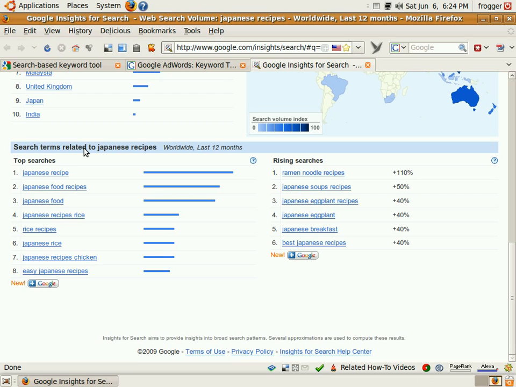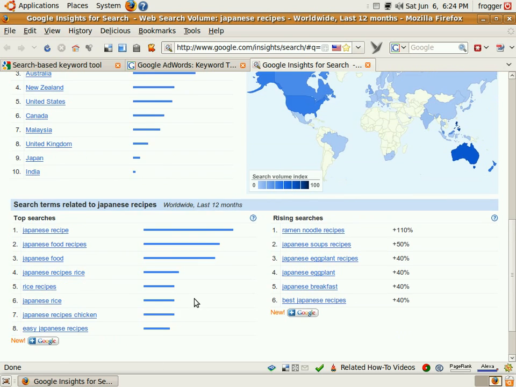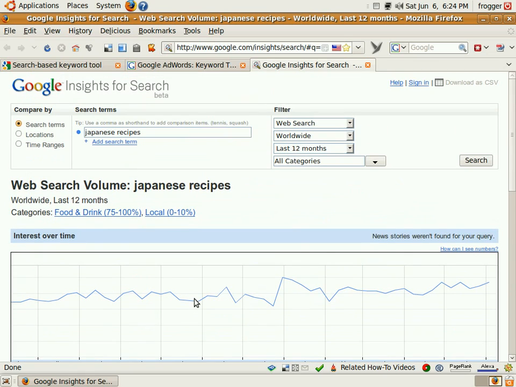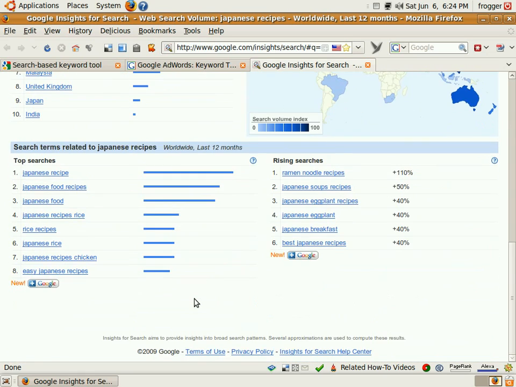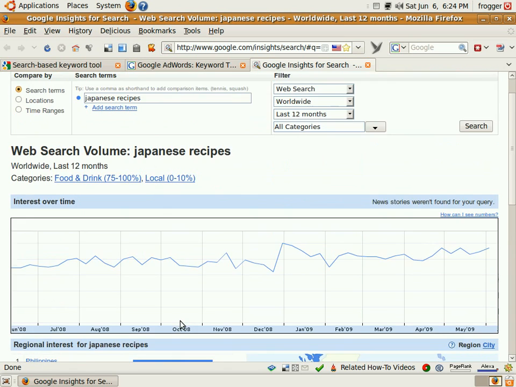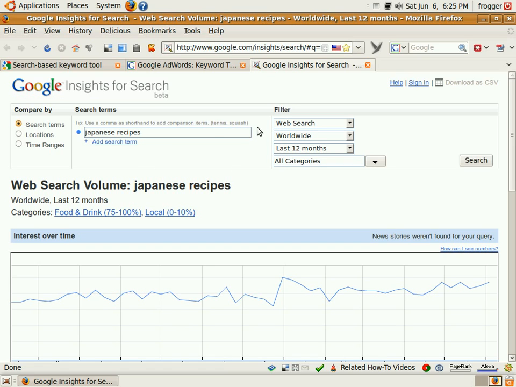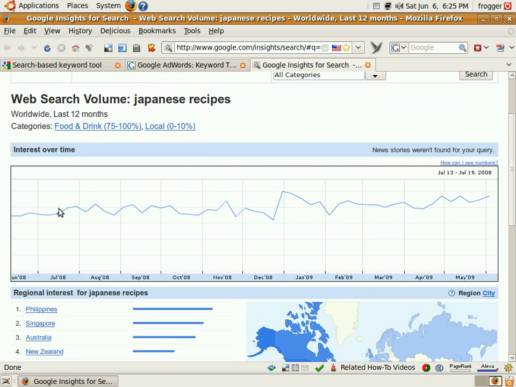When we left off, we were talking about Japanese recipes, and we were on Google Insights for Search, keyword tool, market research tool. I call it a market research tool. You call it whatever you want. Google Insights. At the bottom here is a little gold mine. So once we type in Japanese recipes and we check out the trending for the last 12 months worldwide, we can see that the traffic has gone up a little bit in the last year. It's gone up a decent amount,